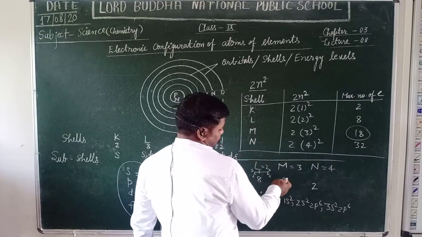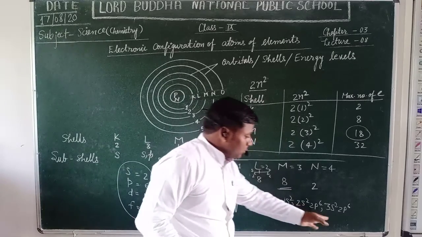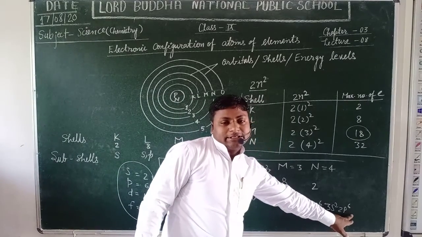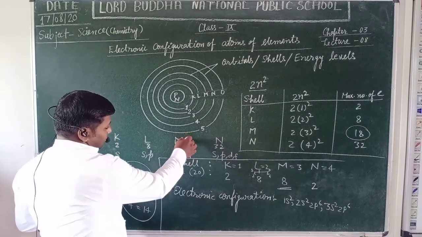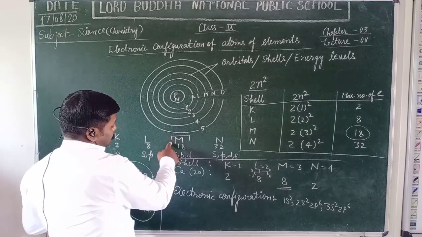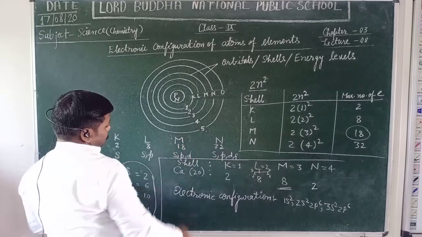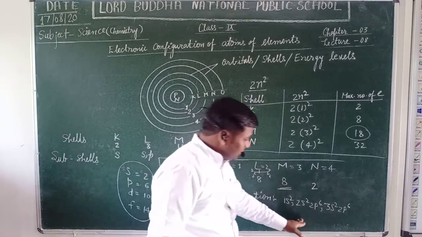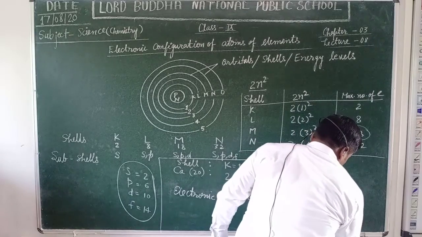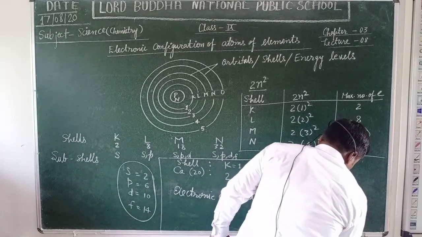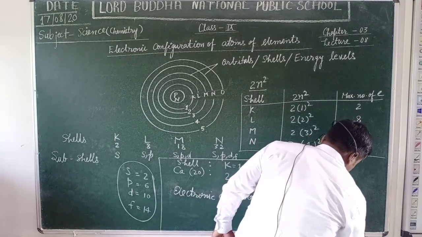The electrons are in the third energy level. That's why no electrons are filled into the d subshell, as mentioned here. The M shell can contain a maximum of 18 electrons, but if the electrons are not sufficiently present, then there is no need to fill electrons into the d subshell.